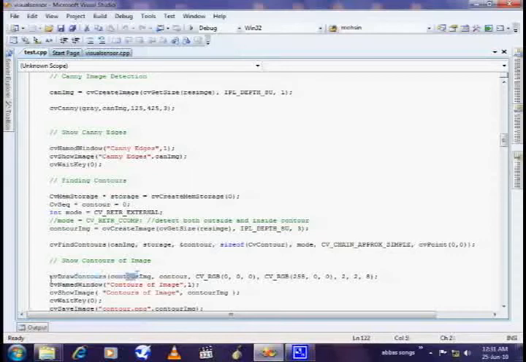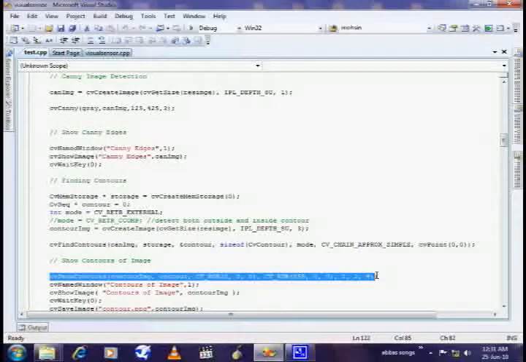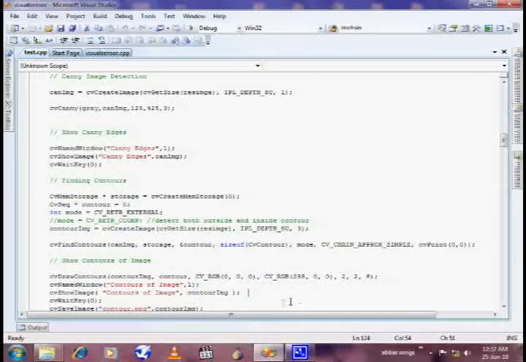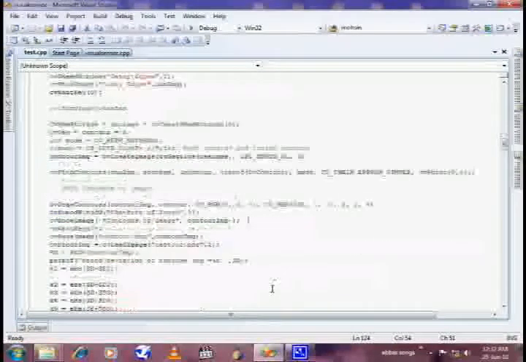After that we have to apply cvDrawContours. cvDrawContours gives us pure silhouettes if we want to load it, and this decides whether we want to get internal edges or simply the external edges.